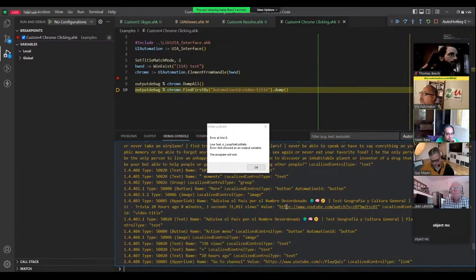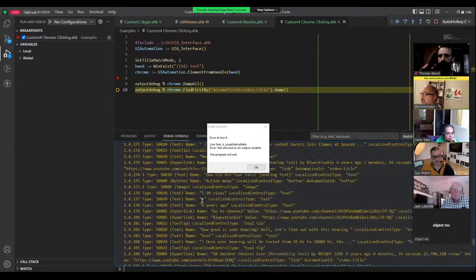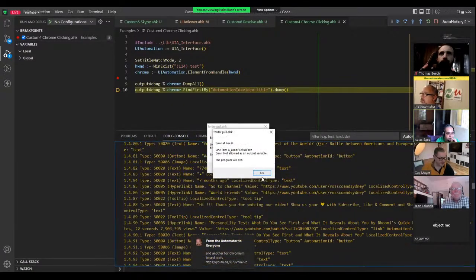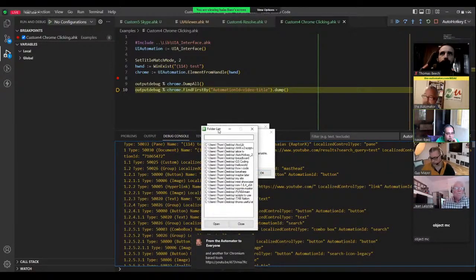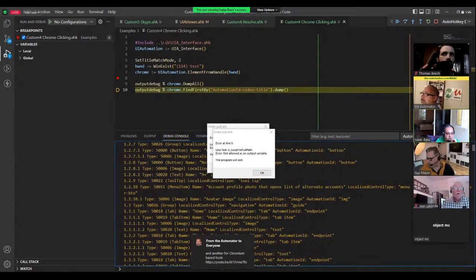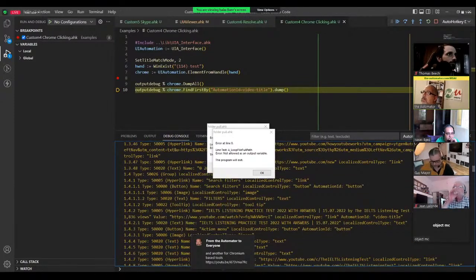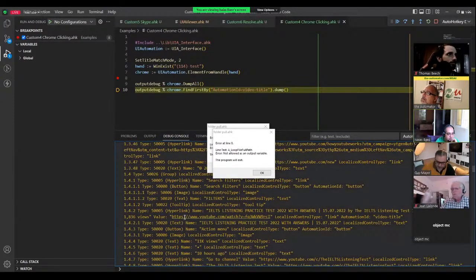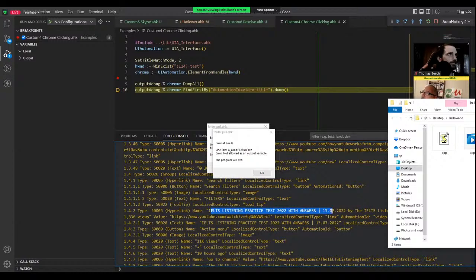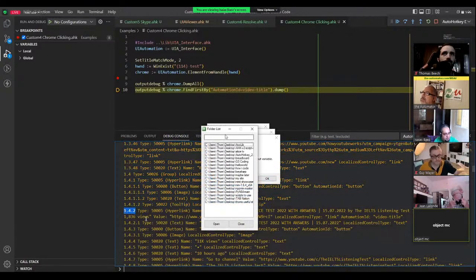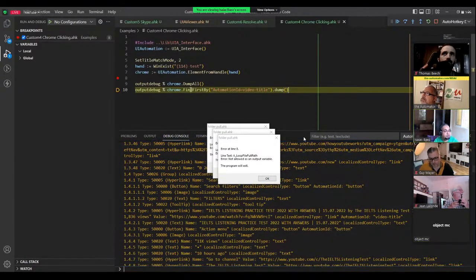Okay, hold on. I got it here. So here's a hyperlink. Okay, I got some of them. This is what I'm looking for now. So I was just looking for a URL. Here we go. So this is one of the ones that I want. And you can target it by the path. You see this number here? Yeah, so you can grab that and